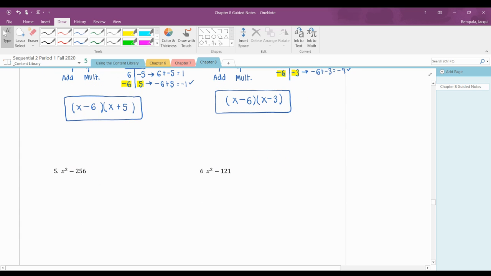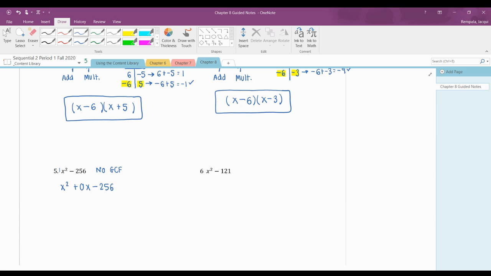All right, if I look at this next example, x squared minus 256. Because there is a 1 in front, I know that they're not going to have any numbers in common. Because there's no variable with that 256, I have no GCF. But remember, we talked about this. When there are only two terms here, I'm missing an x. I'm missing that middle term. So we can really write this as x squared plus 0x minus